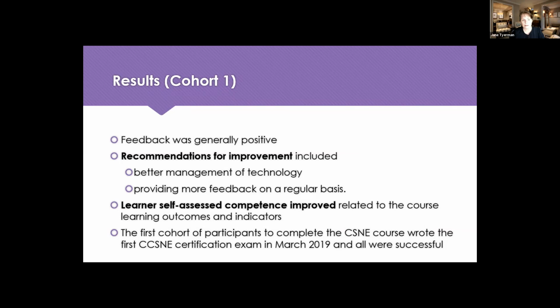The results of this first cohort: participants were very enthusiastic about the course. They thought the course was well designed and supportive, and the feedback was generally quite positive. But it was important for us to look at recommendations for improvement. One of the things was better management of technology. The course was first delivered in Adobe Connect, and we were really